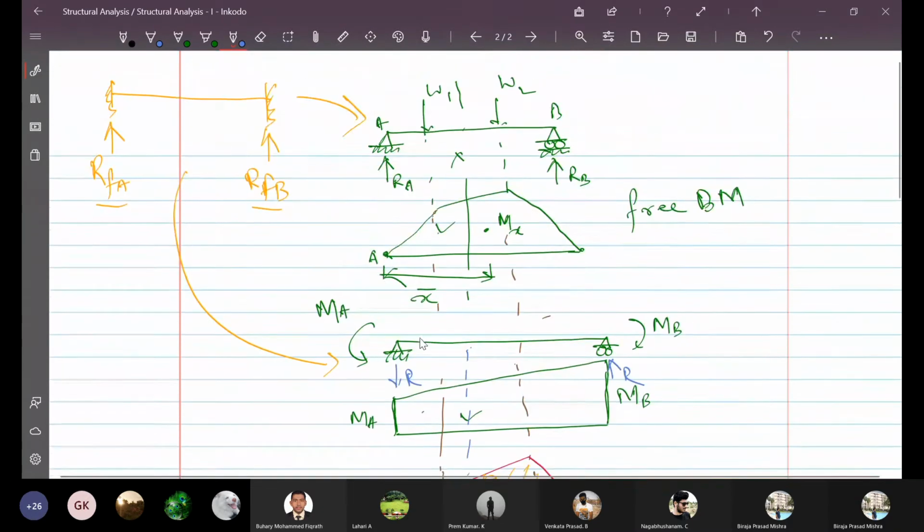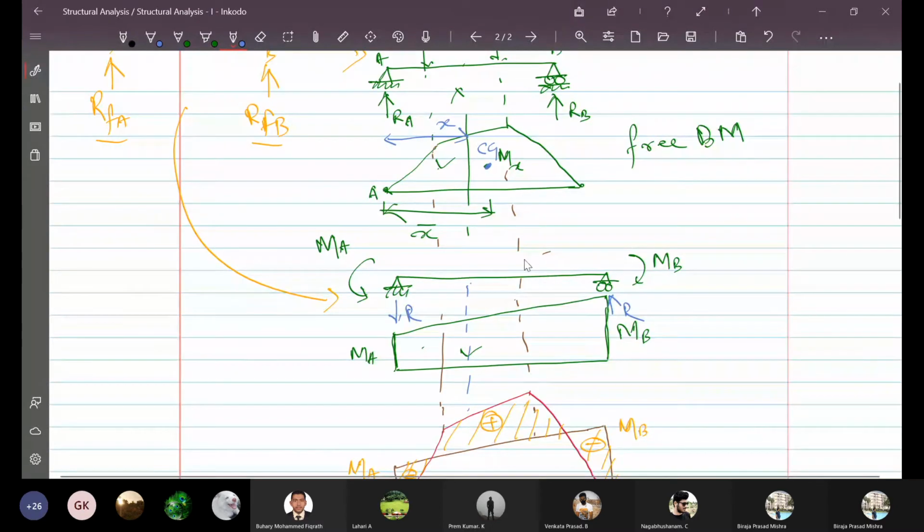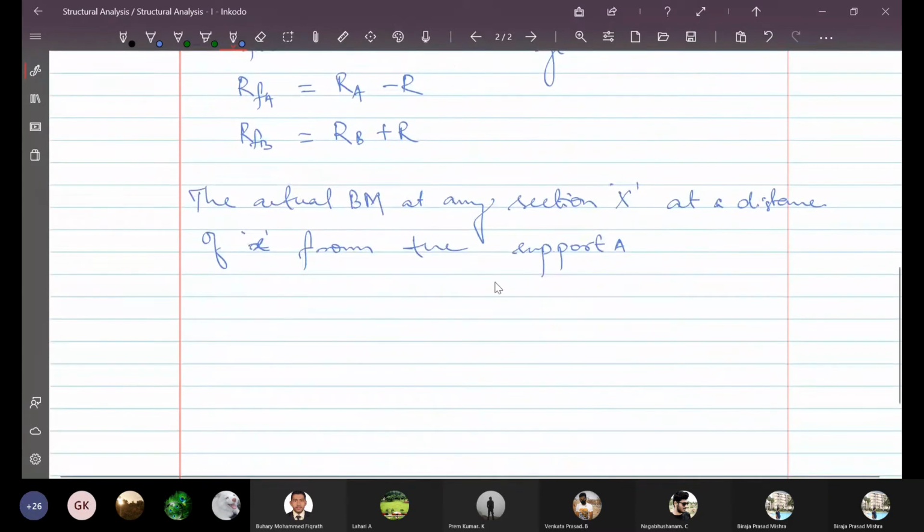Okay, now I am saying that this is at a distance x and this is the CG. This is the CG of this one, and here, for example, let us say this is the CG of this fixed bending moment diagram at a distance of x bar dash. Okay, so the actual bending moment at any section x at a distance of x from the support A is given by,